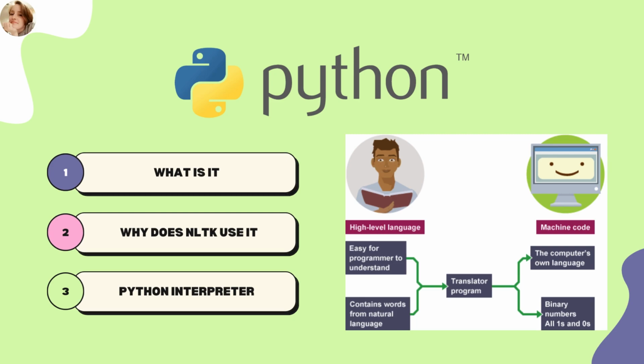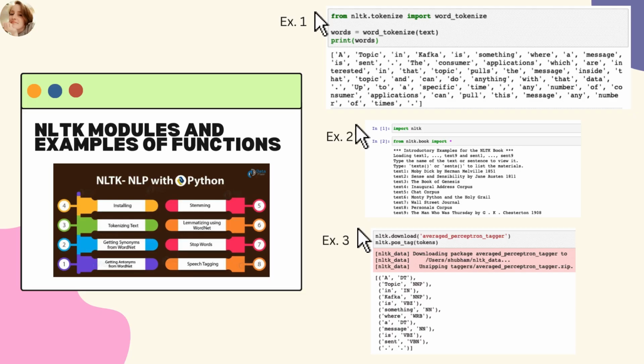So if you look at this example to the right, this programmer is just entering words from the natural language. Python translates it. The machine gets it in its code, in its language, and then goes back to the translator and interprets it back to the user. It is very wonderful. Now I'd just like to briefly go over NLTK models and examples of its functions